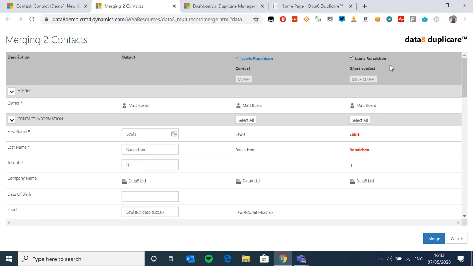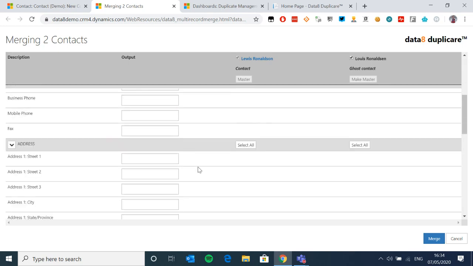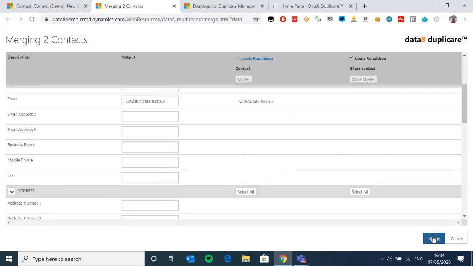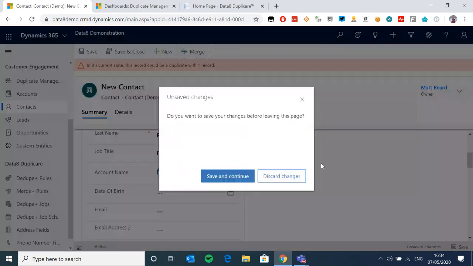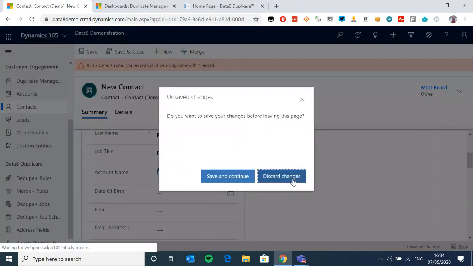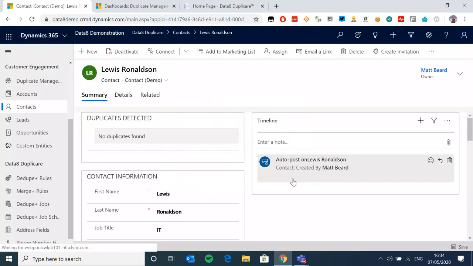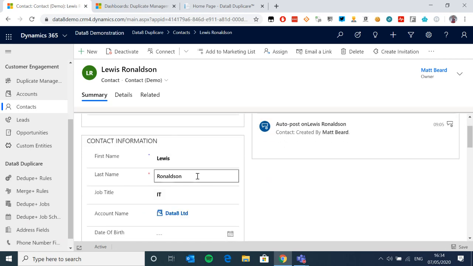So it's what we call a ghost contact. I can't make it master because it doesn't exist, but my rule sets have still applied. So that new job title that I got for him has gone into the master record. So I can make my decisions and I can hit merge on that. Now, what that's doing actually isn't a merge. What that's actually doing is an update. So if I jump back now, what that's done is taken me to the original record. So it never made this new record. It jumped me to what was already there, but appended that new piece of data.